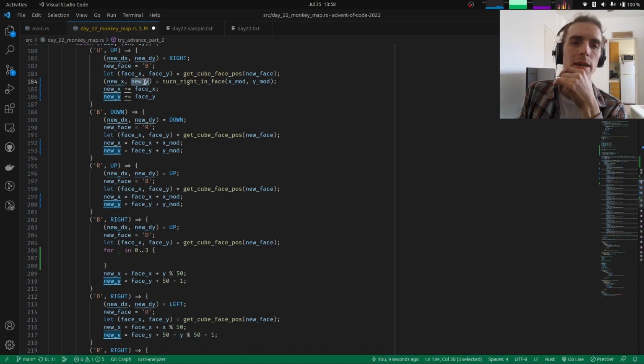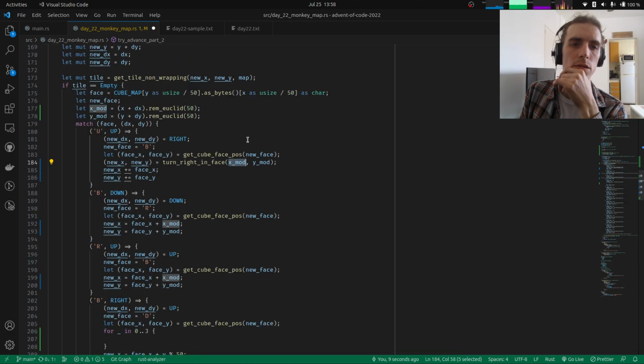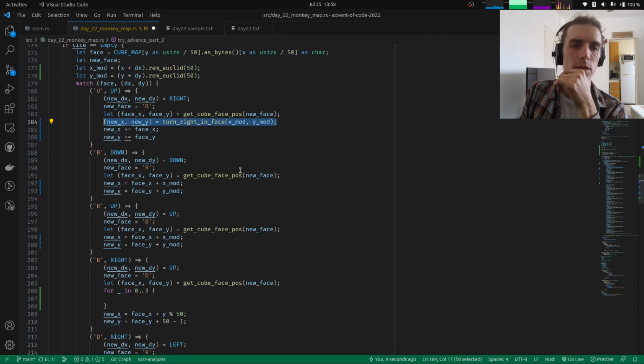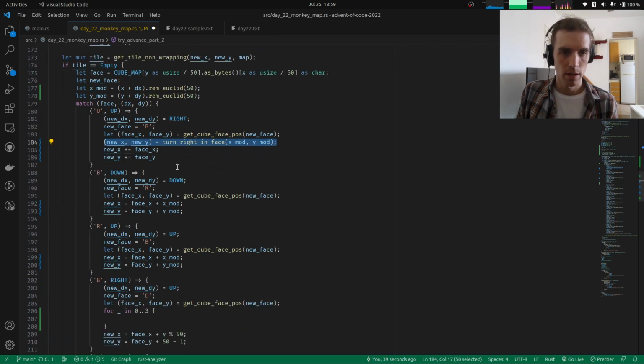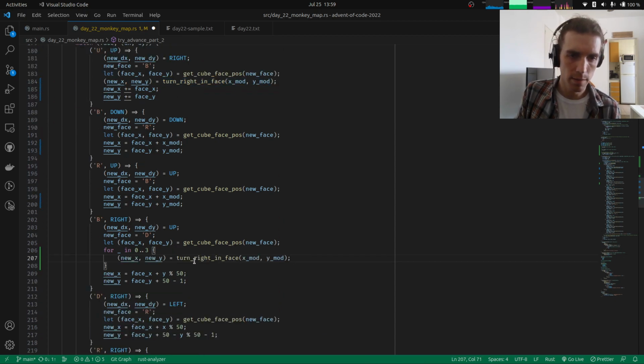Oh, but the new x, new y should... Y mod. Yeah, I'm pretty sure that in the end I will be using new x and new y for this, but in the meantime, let's do something like